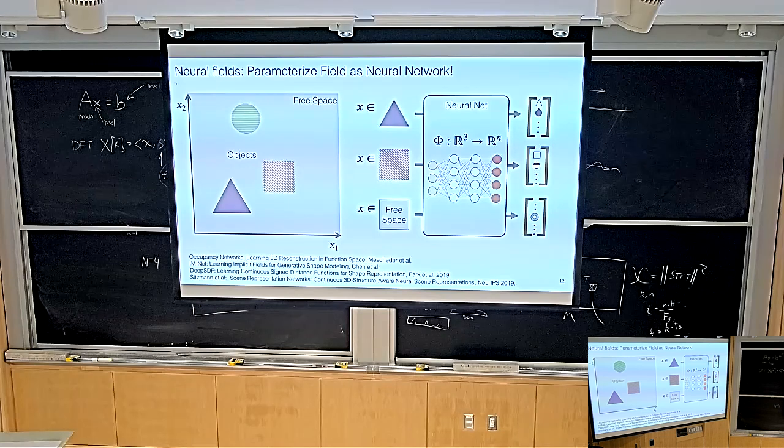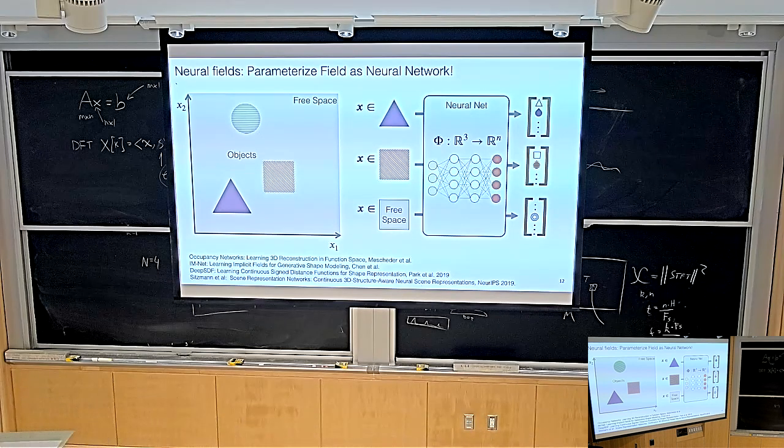Or take the occupancy function as another example. We talked about occupancy: empty parts of space and then occupied parts of space. The occupancy function tells you empty, empty, empty, occupied. Same story. It has lots of high frequency details. Storing it in a voxel grid is really expensive. Why not store it as a neural network?